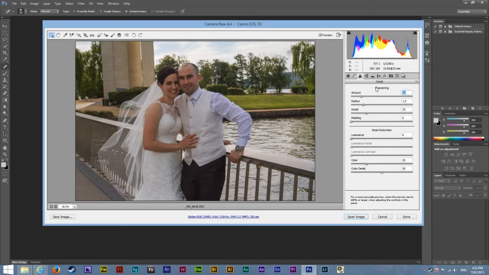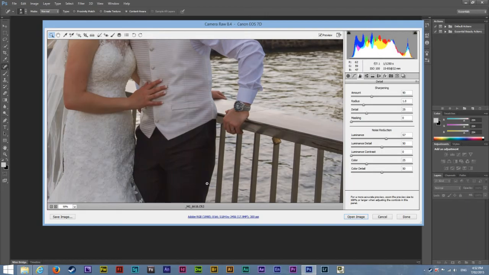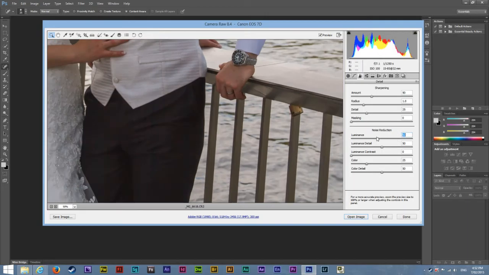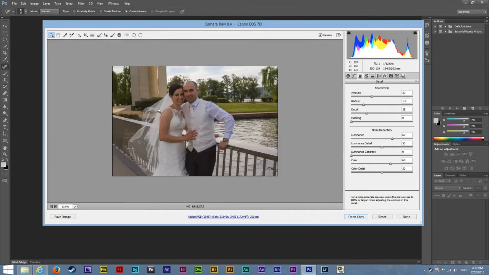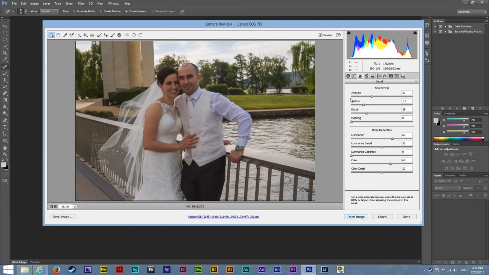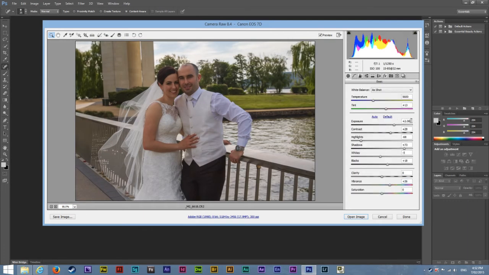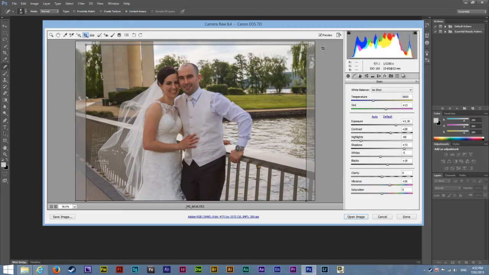I'm going to go back into sharpening, just going to make that maybe say 50, bring the luminance to about, let's just zoom in on those trousers again. And let's just get rid of the noise without ruining the folds in the trousers. And let's bring the color up so we can get rid of any of the greens and reds. We could just zoom back out. I think that looks quite nice. I might need to make this just a slight bit brighter, so I might bring it up by a third of a stop. And then at the same time, I'm going to try and